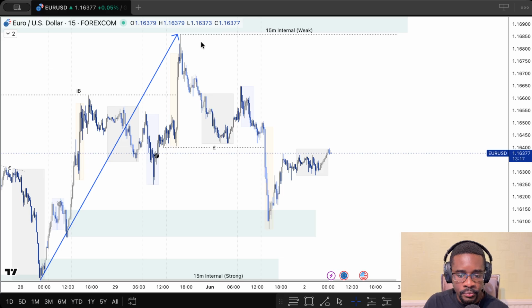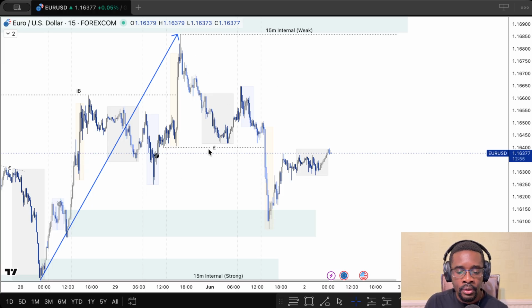So we could assume that the internal price action, or sub-internal to this internal range, has currently switched bearish when we've had this break, and then this could be a pullback